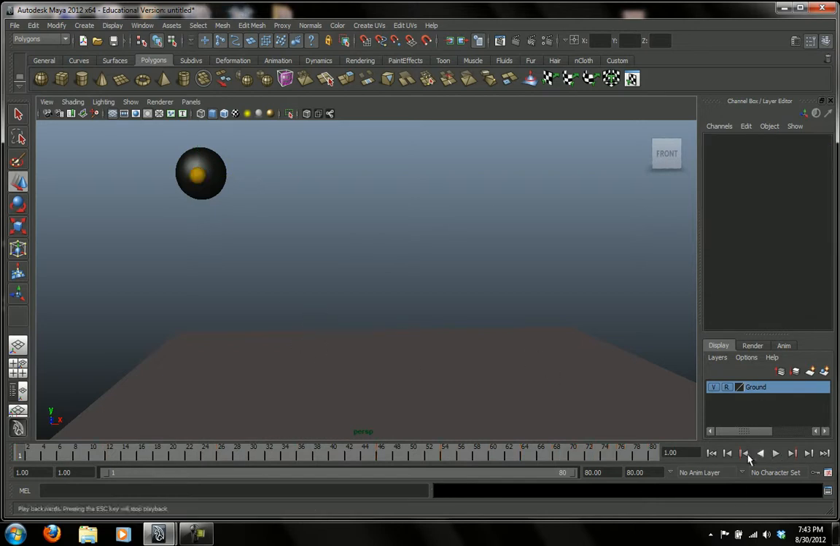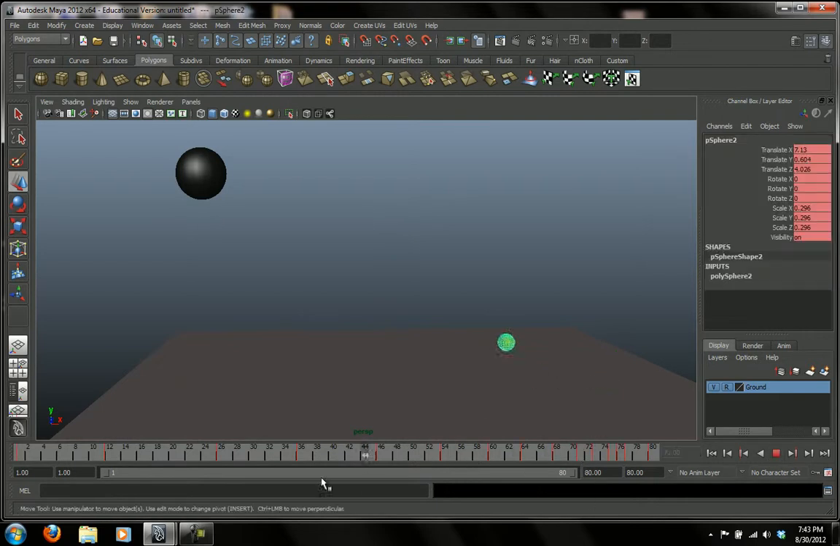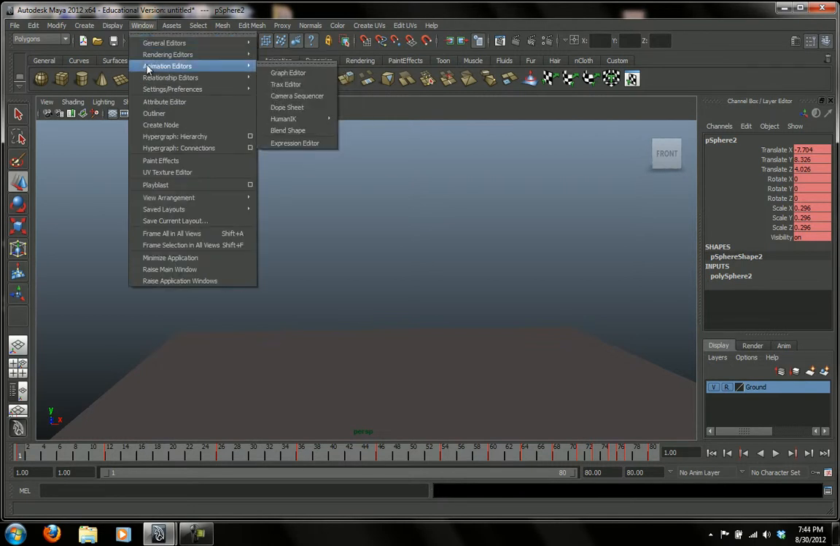So now let's just look at this animation now. Okay, so this is looking all right. There's some issues about it, as you can see. And what I'm going to do is I'm going to show you how you can identify some of the awkward motion in your bouncing ball fairly easily. So I'm going to select the ball, and I'm going to go to Window, Animation Editors,